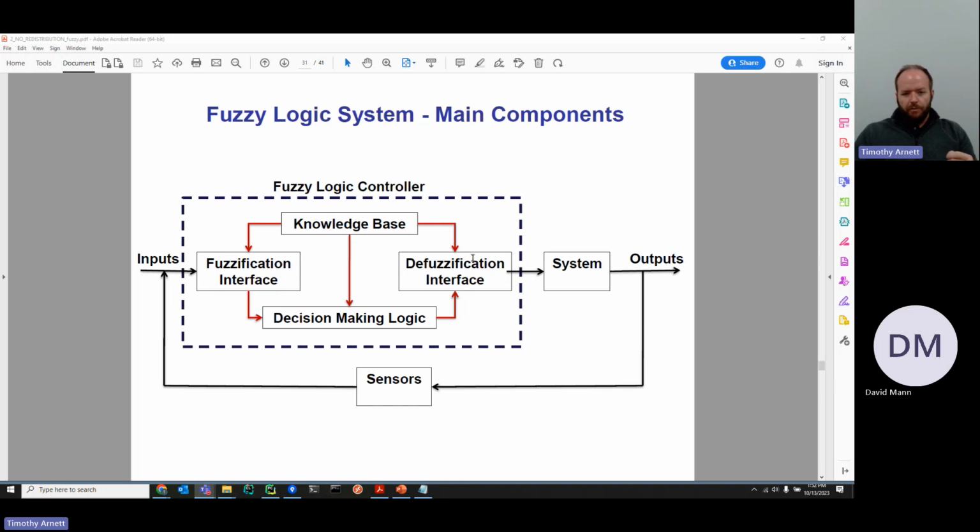Because you typically have multiple of those, you have membership in multiple input sets, usually. That means that you typically have multiple output actions that can be selected. Those can then be defuzzified. Those are resolved into a final crisp output. And then that is what actually gets output back into your system. So the fuzzy logic controllers, or more generally, a fuzzy inference system, is just a mapping of inputs to outputs. So it's just a function, but it's taking in crisp input values and it's outputting crisp output values. But internally, it represents those in fuzzy ways that we'll see.